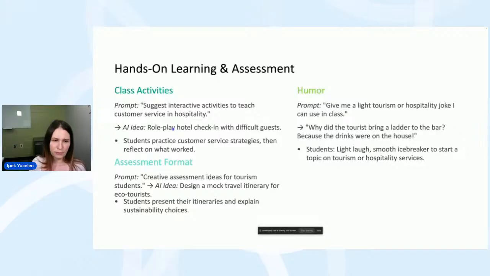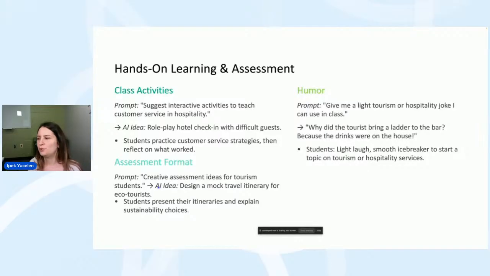And assessment formats: for example, you want to come up with creative assessment formats instead of the regular assessment formats we use, and you can ask AI to come up with a unique project idea. For example, I asked for creative assessment ideas for tourism students, and it told me to design a mock travel itinerary for eco-tourists. So students present their itineraries and explain sustainable choices.